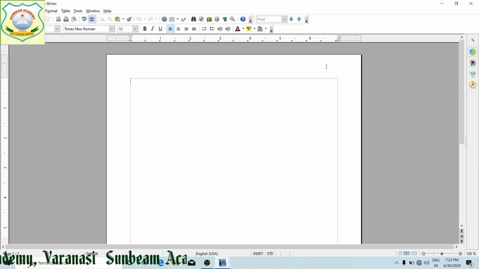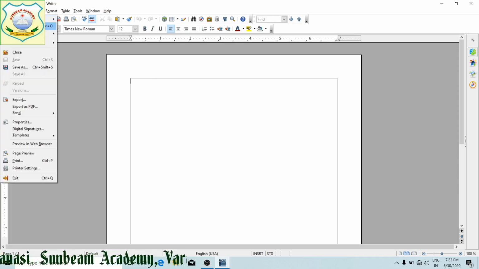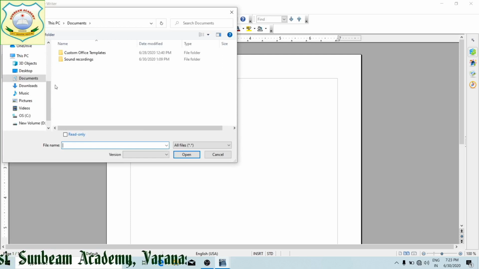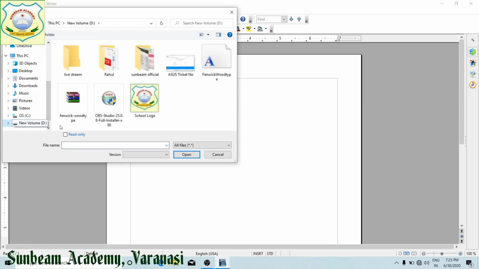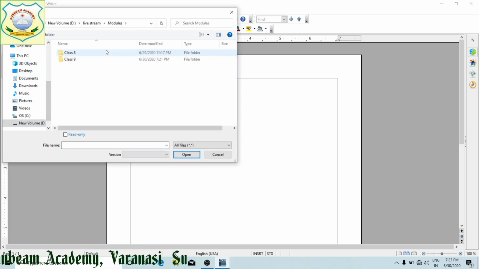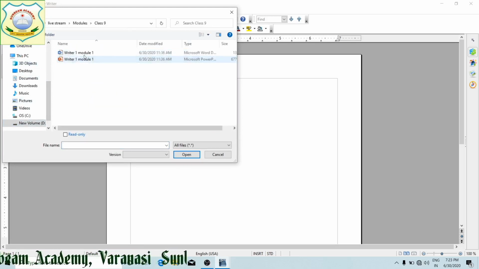Now if we want to see the non-printing characters, for this I have to take some document which I have already stored, that I am going to open. Suppose I have stored a document in this one. Suppose this I am going to open.